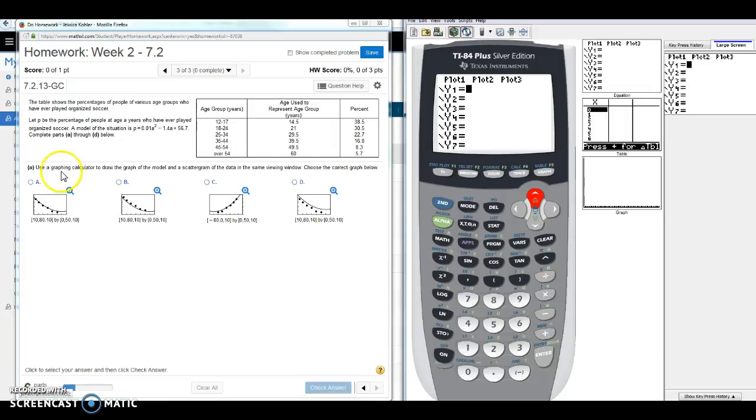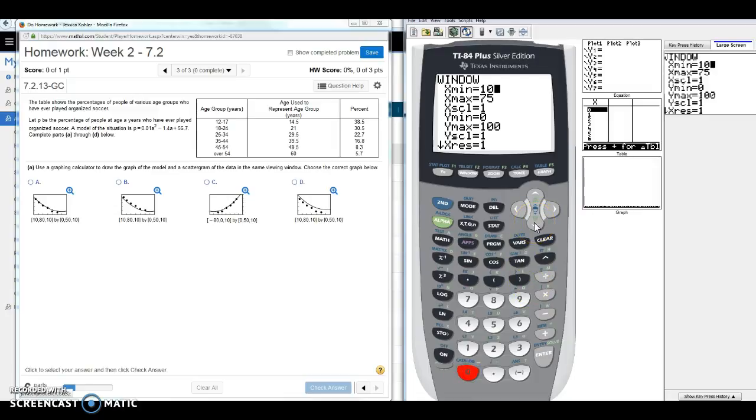We see that. So part A says using a graphing calculator to draw the graph of the model and a scattergram of the data in the same viewing window. So I'm going to start by setting my viewing window. I notice that my independent variable, or my age, runs from 14.5 to 60. So I'm going to go ahead and set my